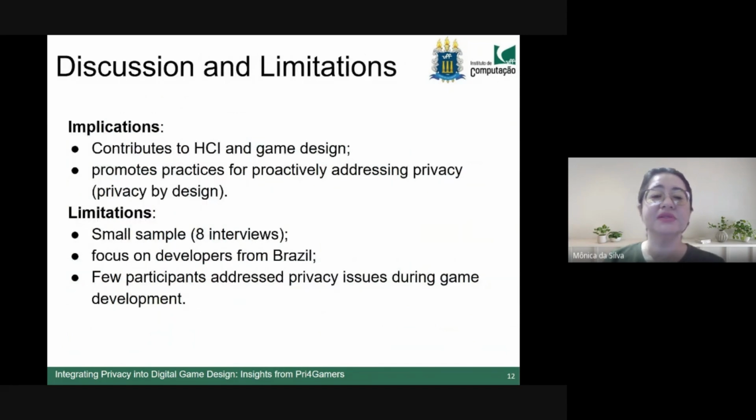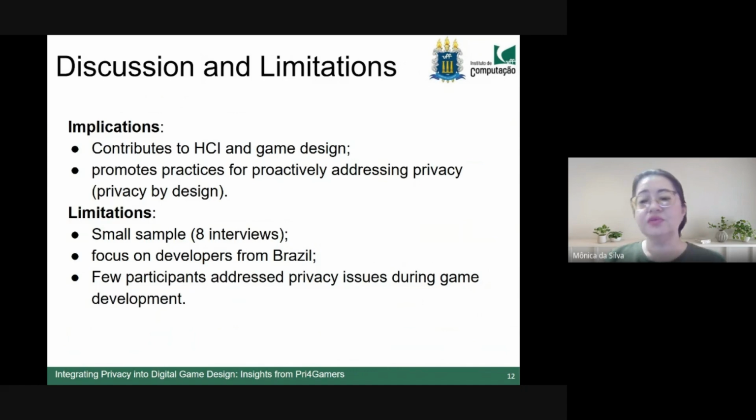So within our limitations, in our discussions with the participants, we noticed that they struggle to integrate these symbols, warnings, and human-computer interaction issues into the game's design. Even to avoid making the gameplay overloaded, they say they don't want to make the game too boring for players, but they also don't know how to achieve that. And this promotion and proactive thinking leads to issues related to privacy by design. This is always recommended as a best practice by legislation and various groups.